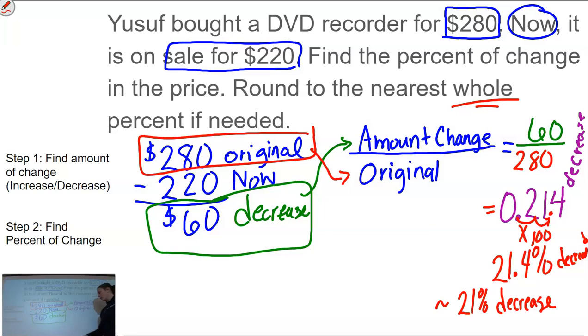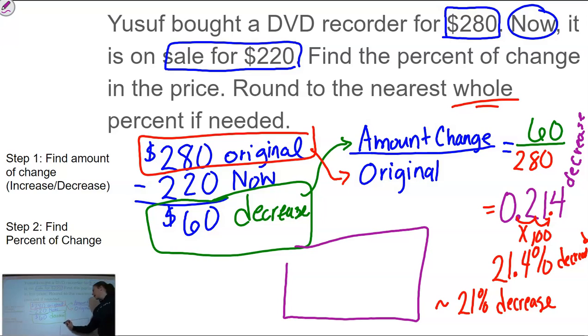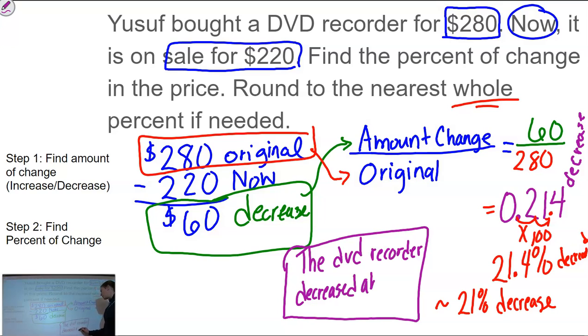So use your words. How would I write this as my final answer? And I would say that the DVD recorder decreased about